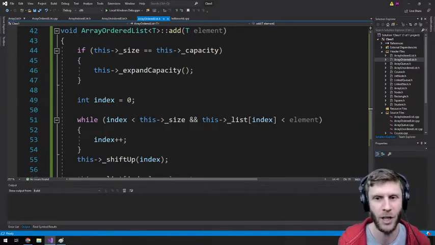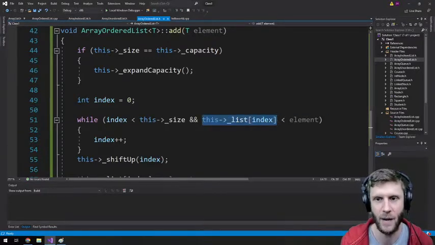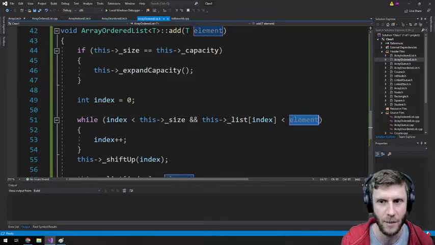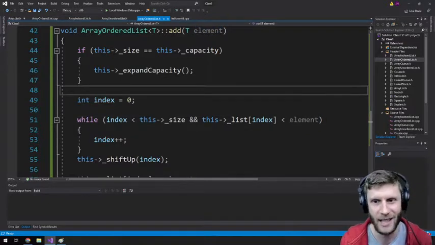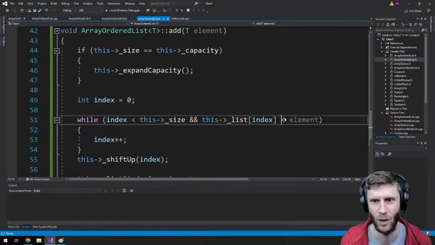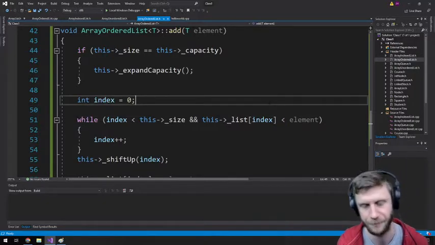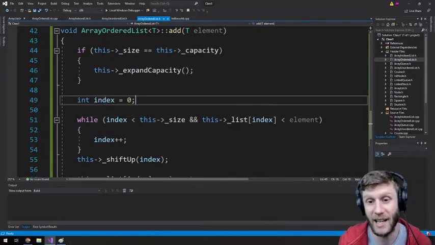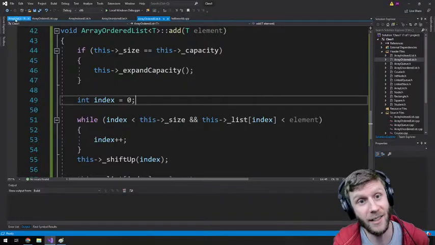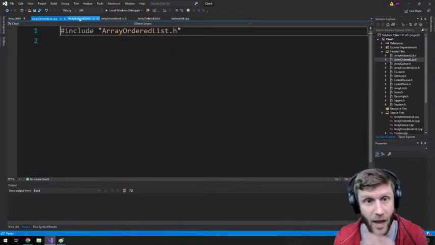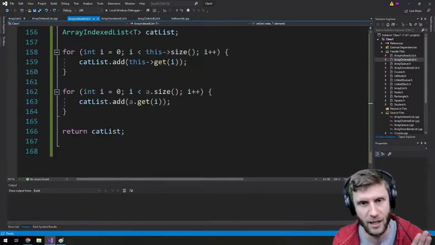But what if I put in student objects here? If I'm asking whether this student object is less than this student object, what does that mean? C++ isn't going to know what less than means in this context. So we can solve that problem just like we did here, but again, other languages have a way to deal with this better.